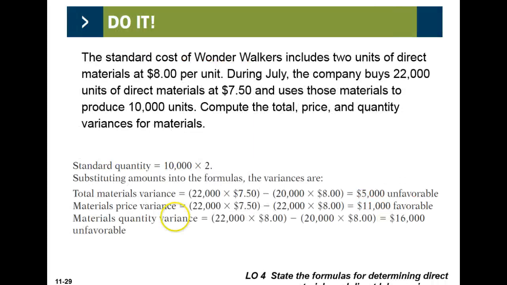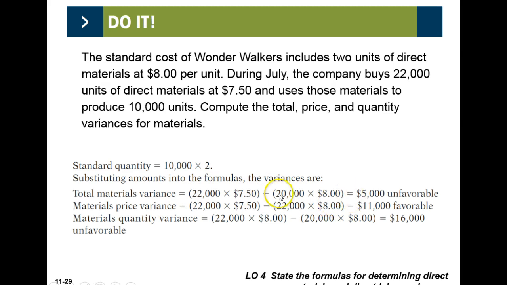How does the unfavorable and favorable get two different answers when it's the exact same equation? Okay, this is 11,000 favorable. Look at the equations, though. They're exactly the same. 22 times 8 minus 20 times 8. No, the top two. The total material and the material price variance. This is 22,000 times 7.50